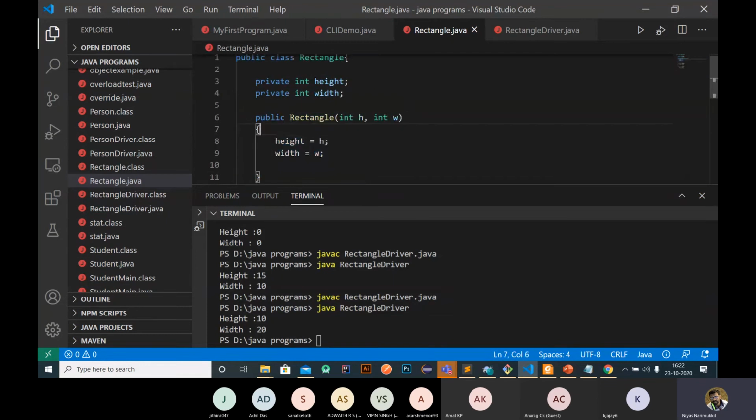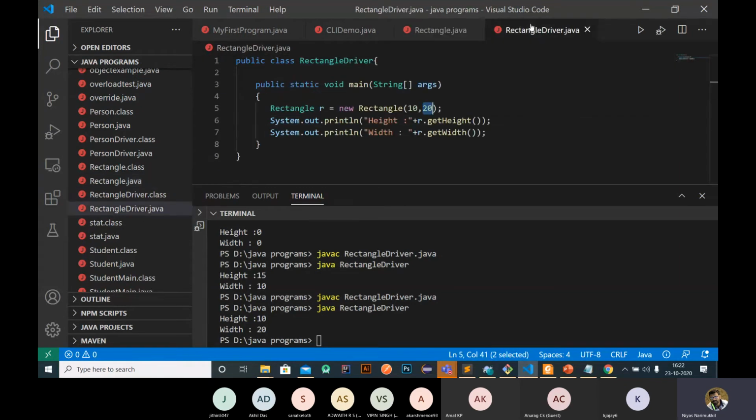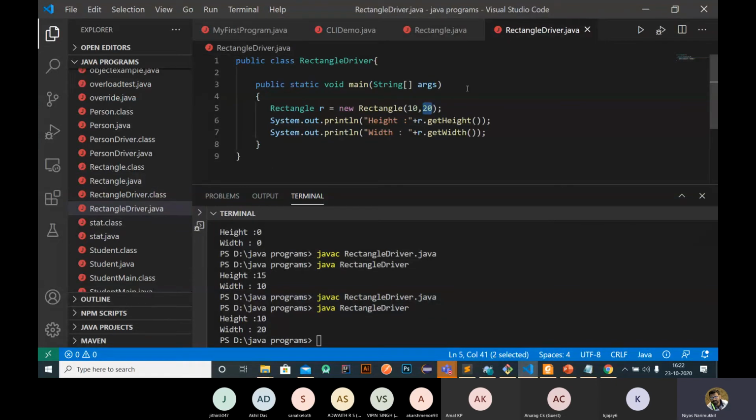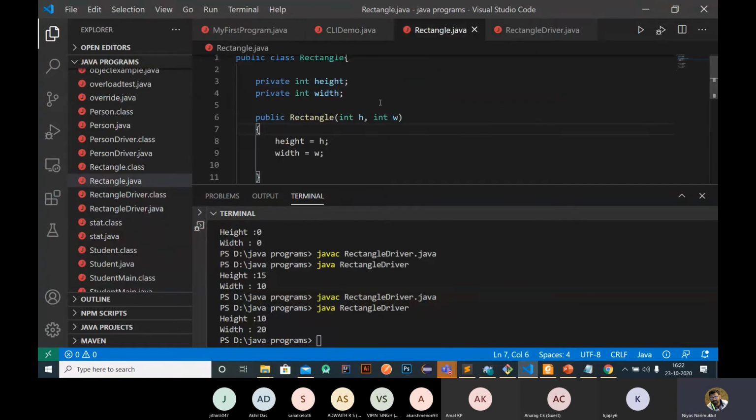Okay, so one of the key things, we already experienced that error, right? In case of a constructor, please don't put any return type. No need for a return type in case of a constructor. Okay, so we are passing the height and width here, and we are receiving them as height equal to h and width equal to w, right? Likewise, we can create any number of objects by passing different height and different width. With the help of this constructor, it will execute.